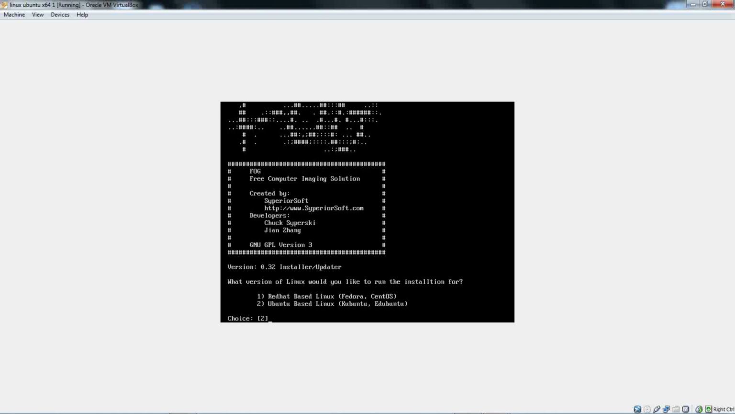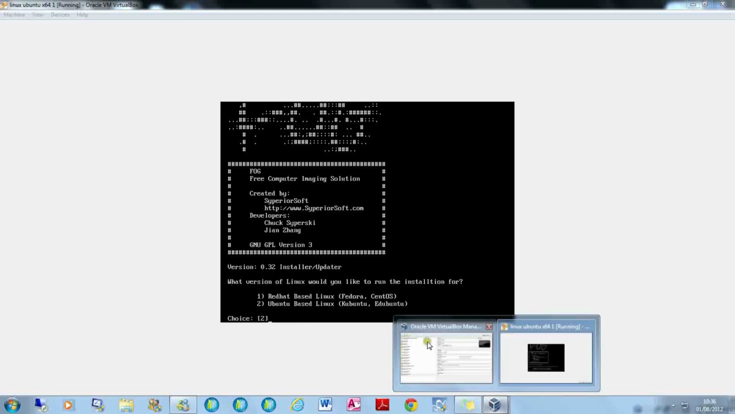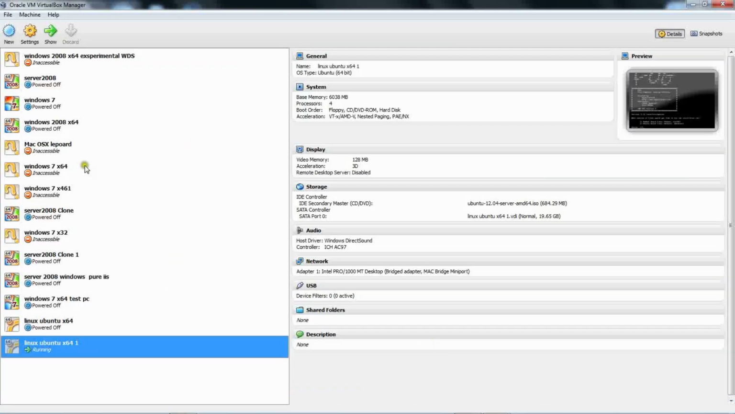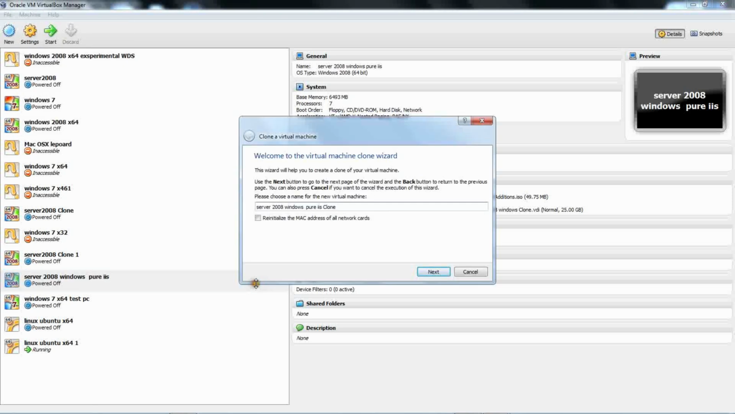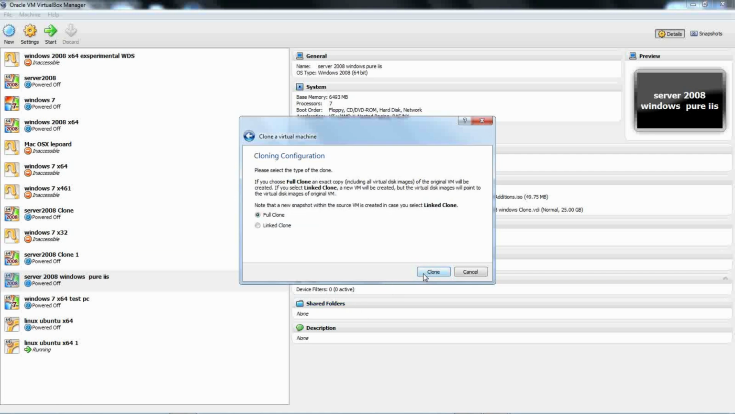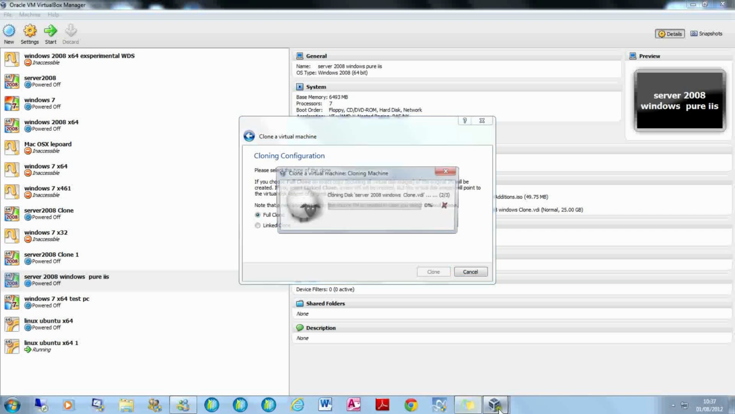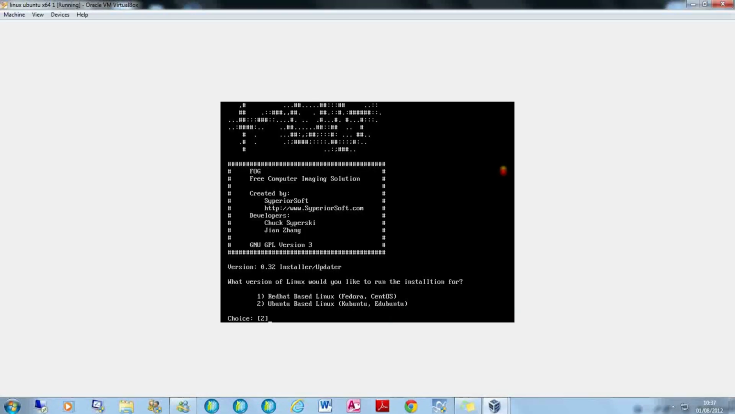For this installation I'm going to run the DNS and DHCP on a Windows Server 2008 machine. So I'm going to go back and I'm going to use, what am I going to do? Pure IIS? Yeah, I'm going to duplicate this machine. So clone it, and I'm going to say clone, and then I'm going to say next, full clone. I'm going to wait for that to clone, and while that clones I'm going to go back,